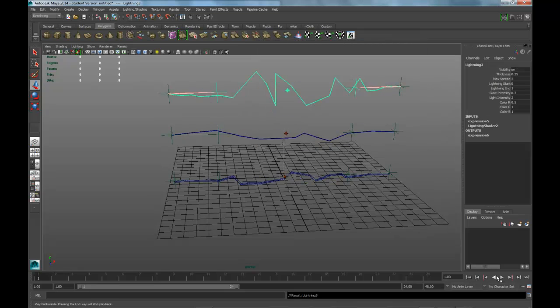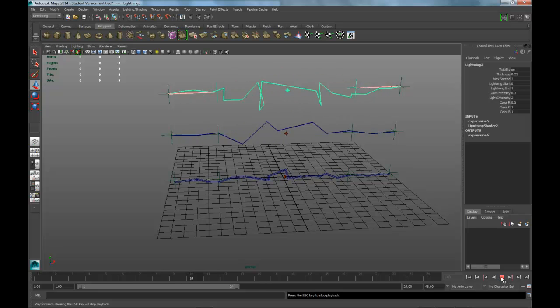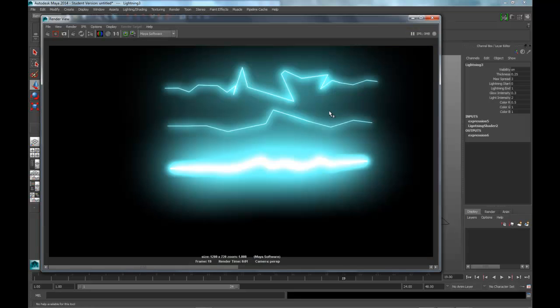So now we've got something more radical. That's a lot more radical. So let's go ahead and render that out. There we go. We've got something a little more interesting to look at. And the top one is actually the one I like the most. Of course, you can pick whichever one you want to pick. So with those settings,